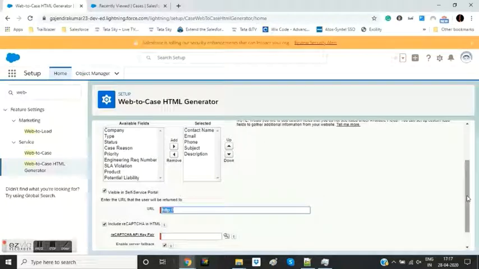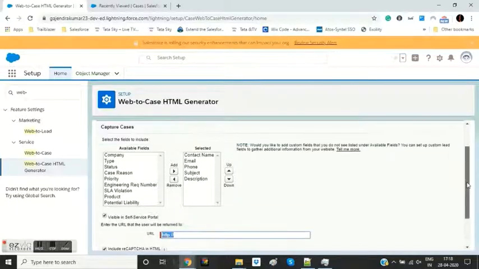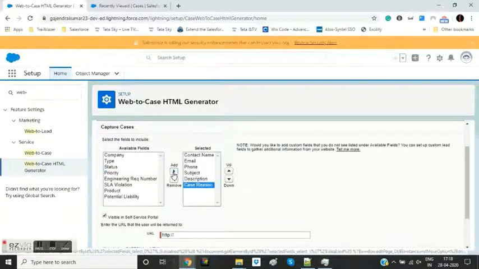how it works. For instance, we can see that the left side of the pick list has all available fields, and the right side has the fields which we have selected, which we want to be exposed on the form. If we want, we can add any other field, and if we do not want a field, we can remove that also. So let me remove this case region. We are going to use these 5 fields only for our purpose.